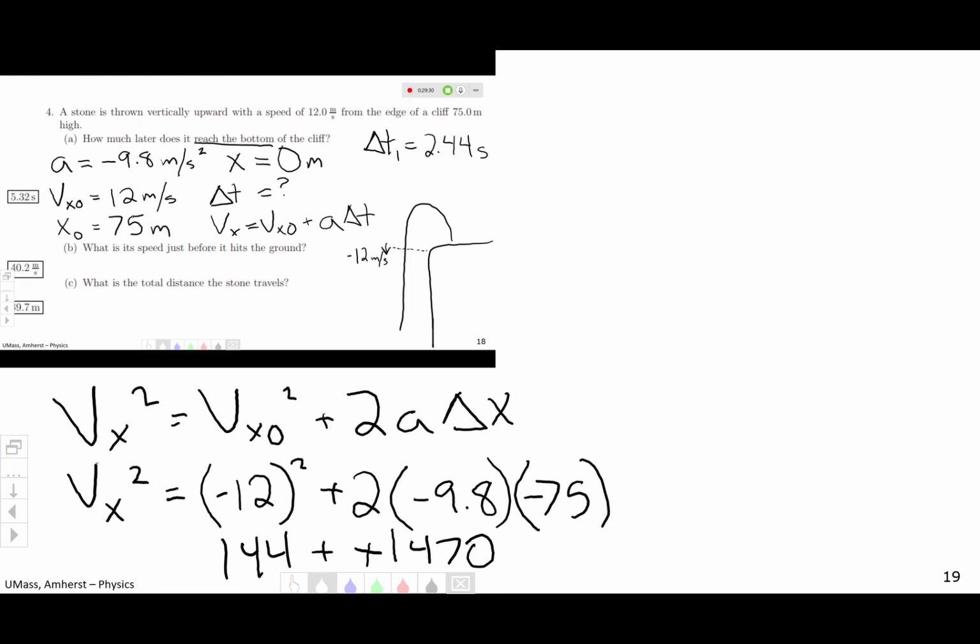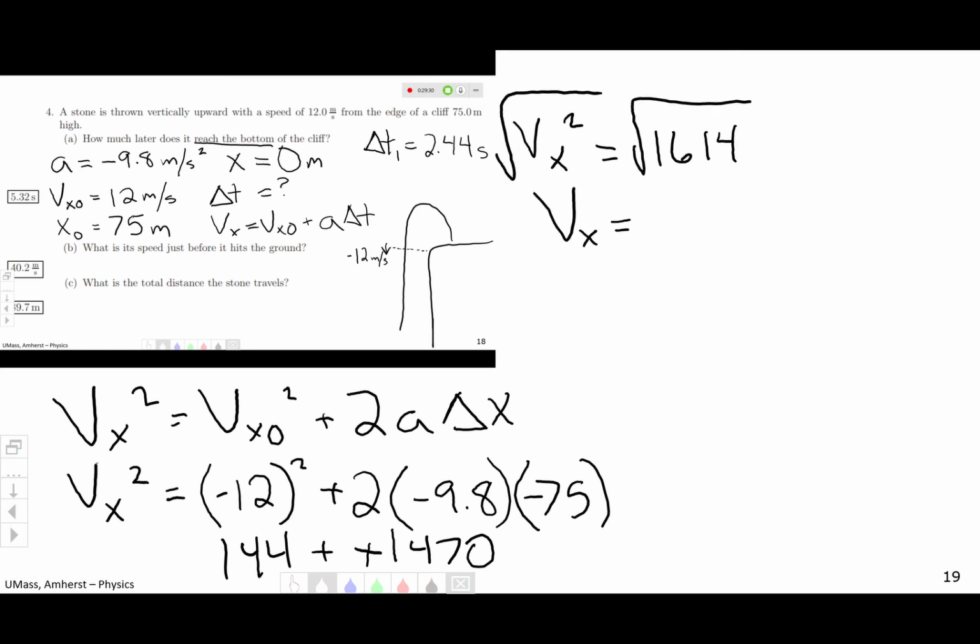So we add those together: 144 plus 1,470 equals, so Vx squared equals 1,614. Square root that, you get a Vx of